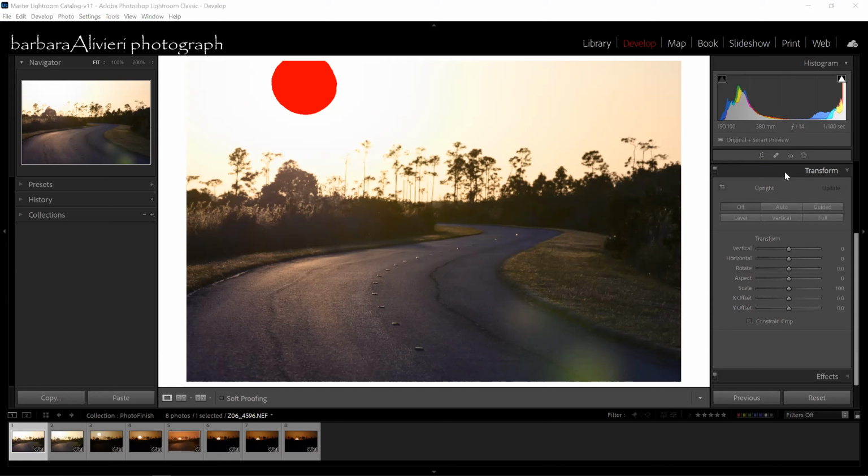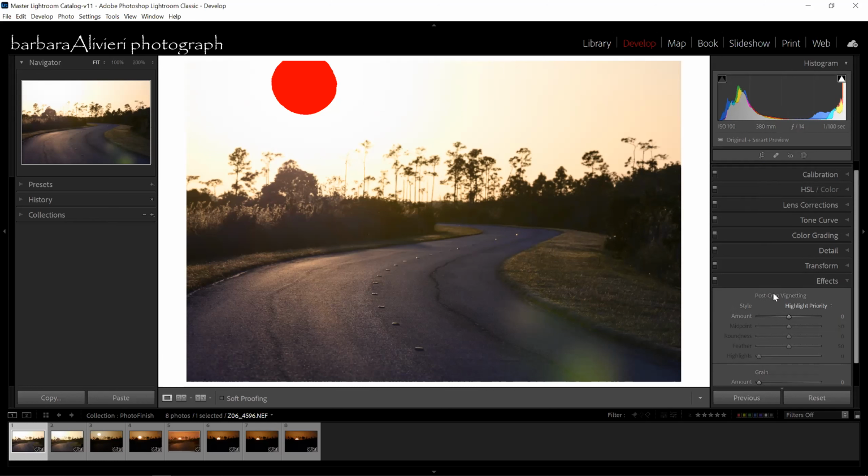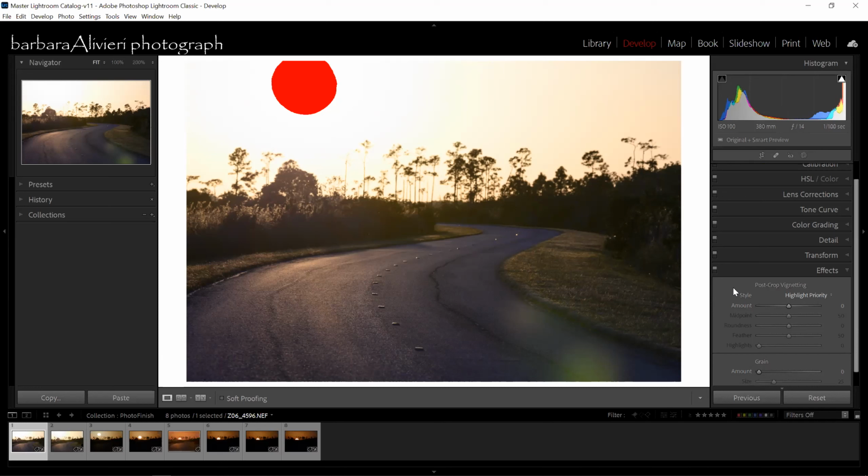And the effects, I do sometimes vignette with this, but generally I'll use the radial tool either here or if I'm in Photoshop, I'll actually paint using a paintbrush and basically dodge or burn.